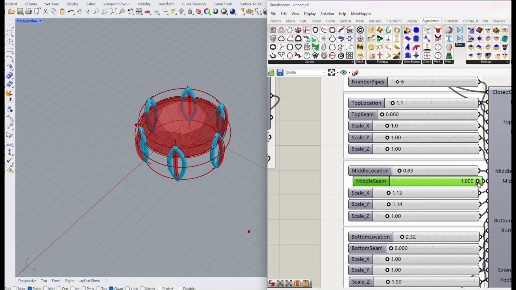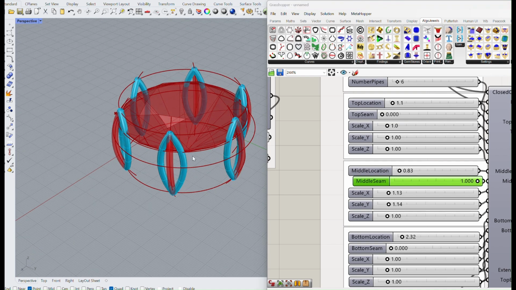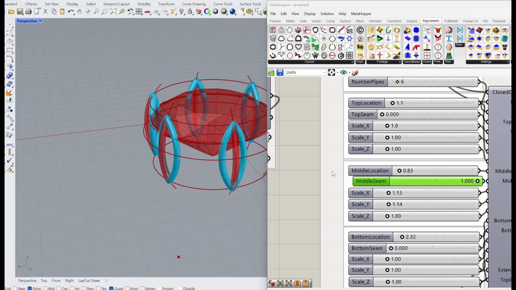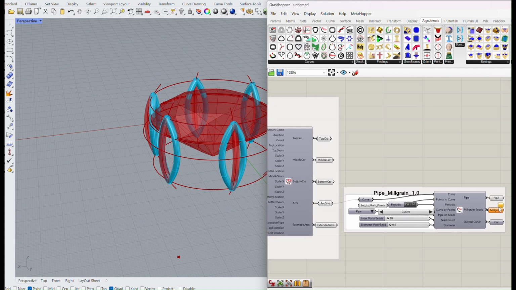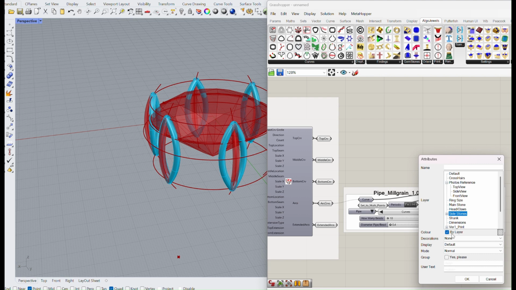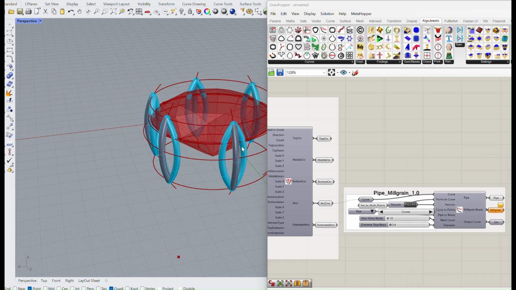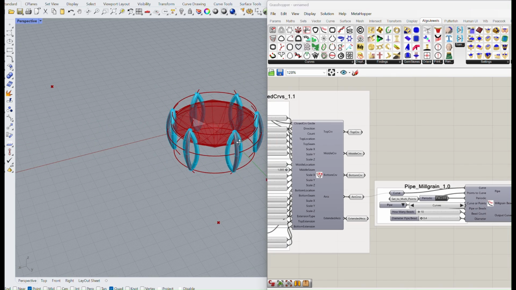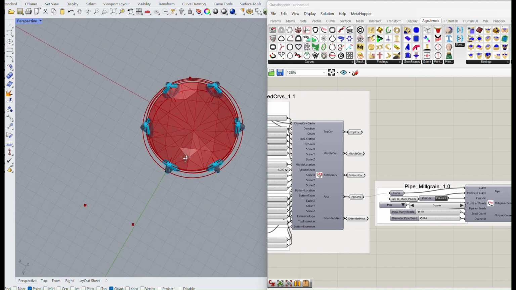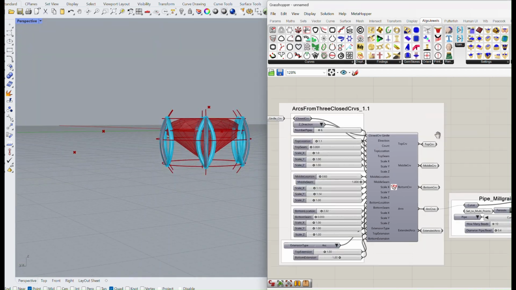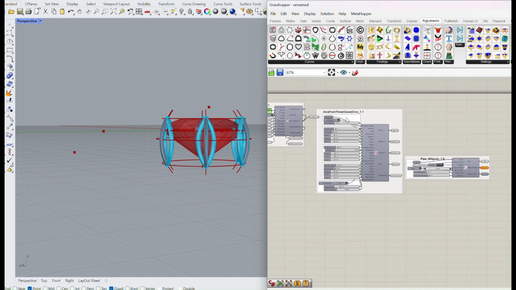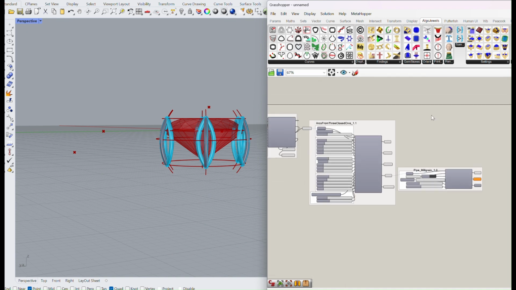Okay. And we're happy with that. We can bake that as well. So here you have a simple case of making claws using the arc from 3 circles, closed circles. We will